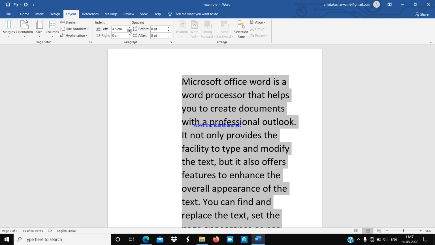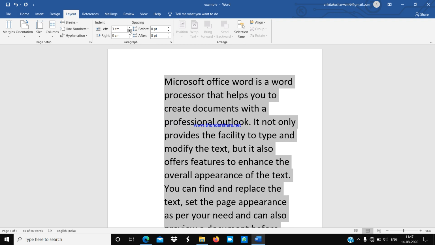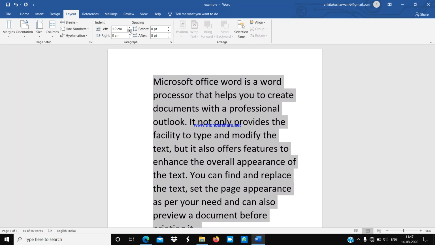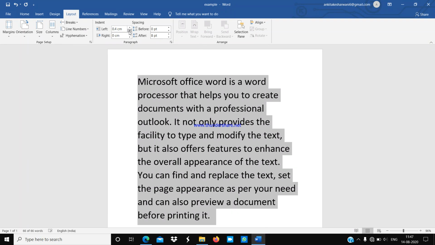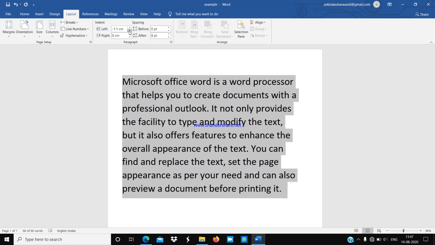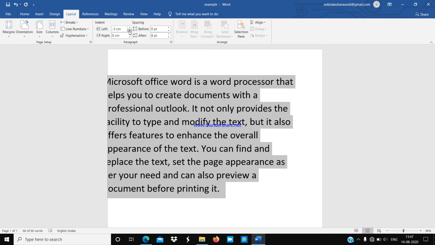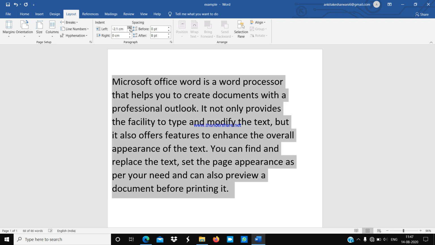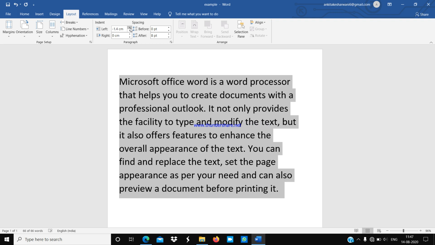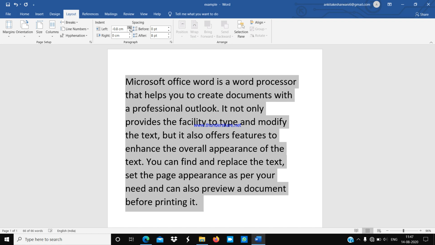If I want to decrease the indent, you can click again here. You can see it goes to minus, moving out of the page, so we always have to keep it in the plus sign.